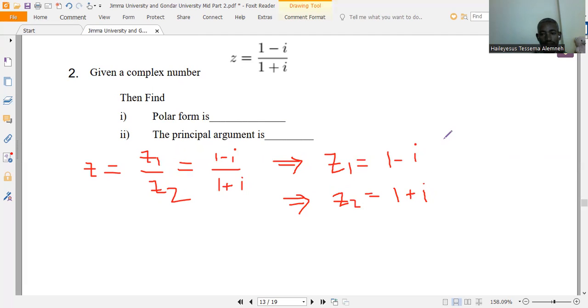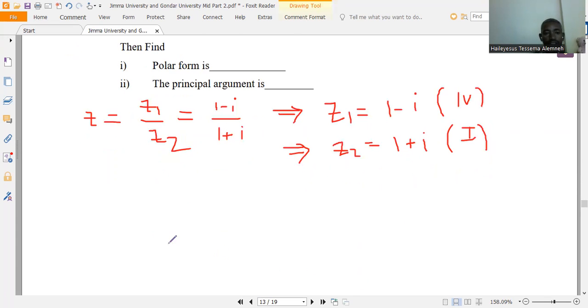So ይሄኛው እንደምታዩት ፎርዝ ኳድራንት ላይ ነው ያለው። ይሄ ደግሞ ፈርስት ኳድራንት ላይ ነው ያለው። And also z1 and z2 they are conjugates of each other ናቸው።